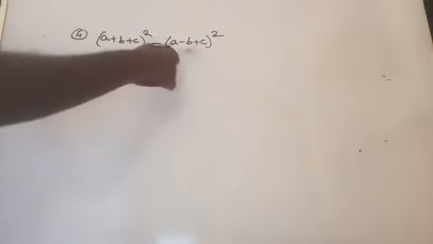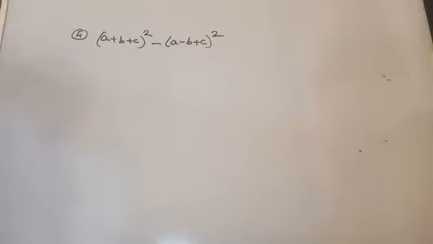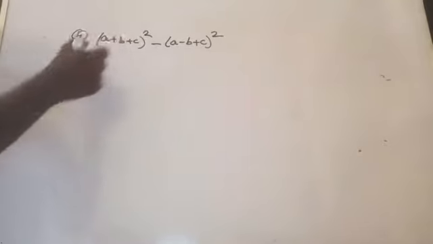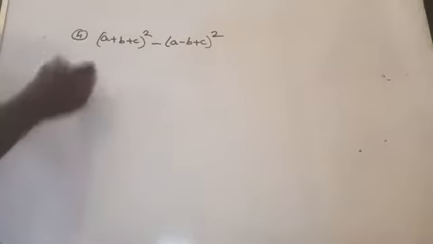You don't use A square minus B square and all. Okay, you can use, if you want, then you can use A square minus B square, that is A plus B into A minus B. Otherwise, use the identity A plus B plus C the whole square. Here A plus B plus C the whole square, then you can do that. Am I right? Okay, just we will expand. We will use the identity A plus B plus C the whole square here.